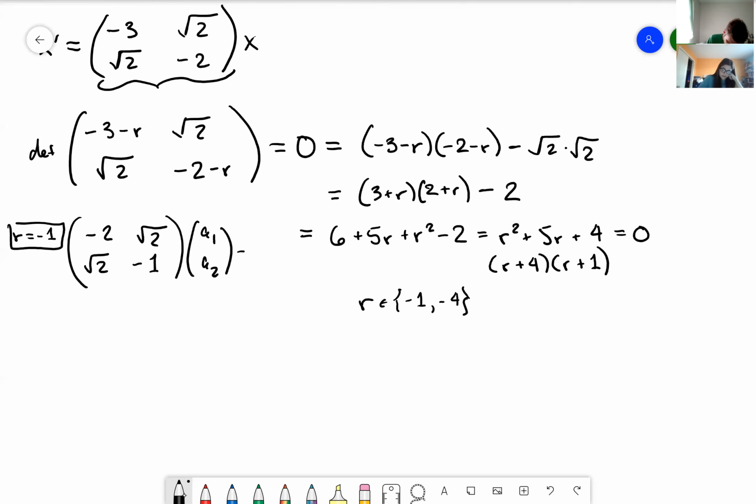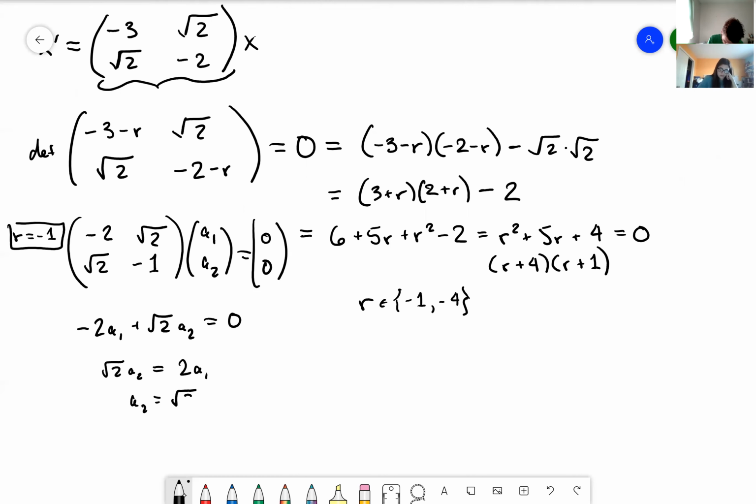A1, A2 equal to 0, 0. And really, we only need the first one, negative 2A1 plus square root of 2 A2 equals 0. So square root of 2 A2 equals 2A1. And I can divide both sides by square root of 2 and get A2 is equal to square root of 2 A1. So the corresponding eigenvector will be